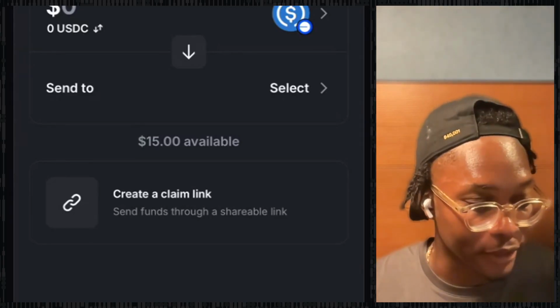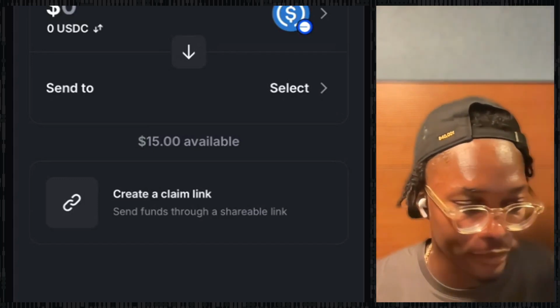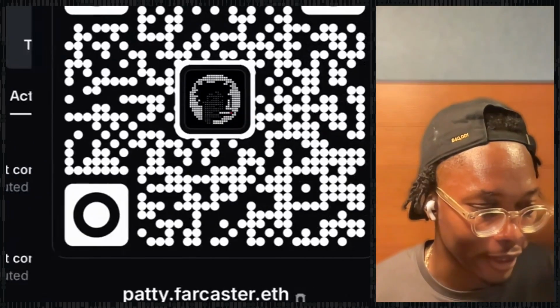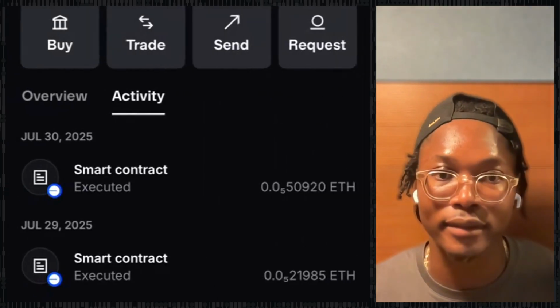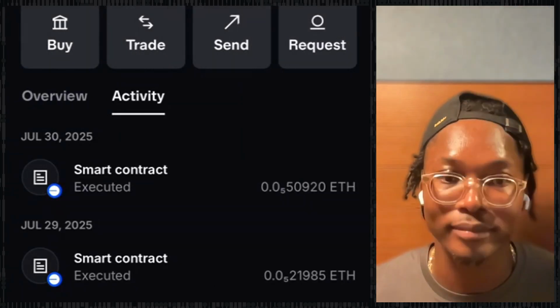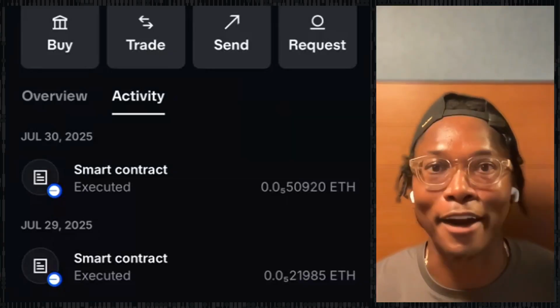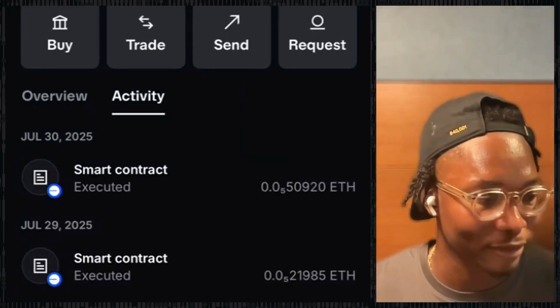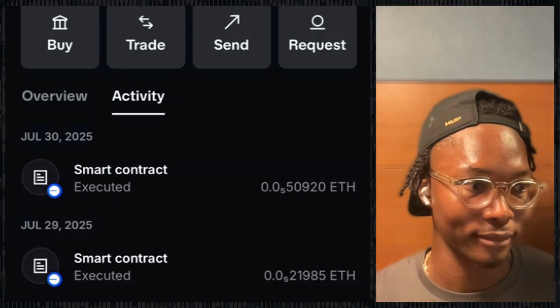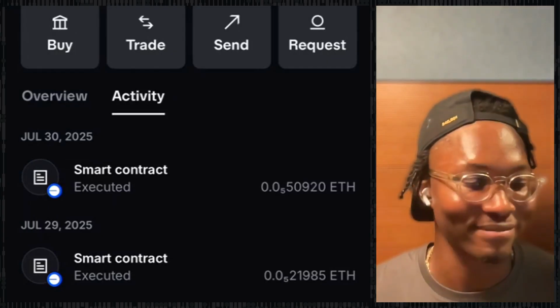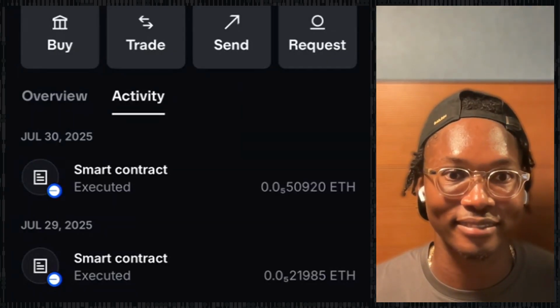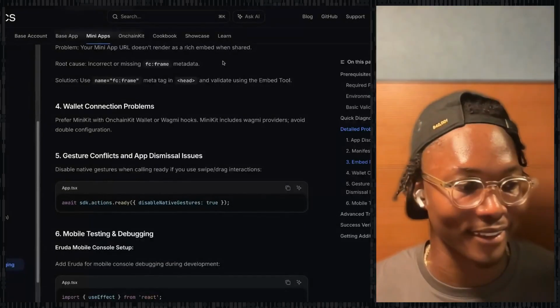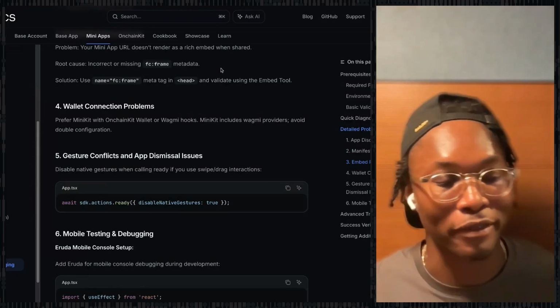Exactly. And then there's even this claim link for other people, if you want to onboard them. Honestly, that's the coolest thing. You can text your friends a claim link that will send them money. We've completely veered off mini apps, so we'll have to go back. But I think it's the wildest feature. I sent this to my sisters before, just because I wanted to say, look, I actually work somewhere cool. They didn't believe me. And then I sent them 5 USDC, and they said, oh okay, now I get it. I thought that was really fun. It's super fun.